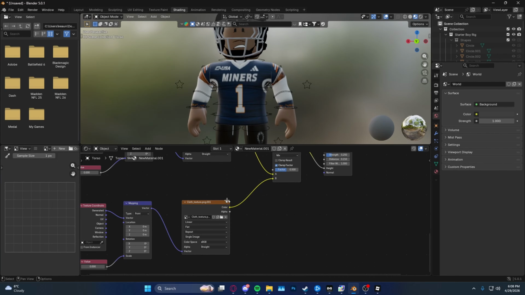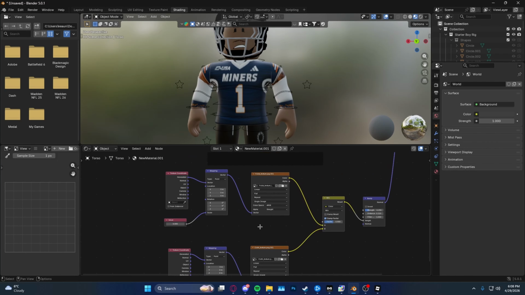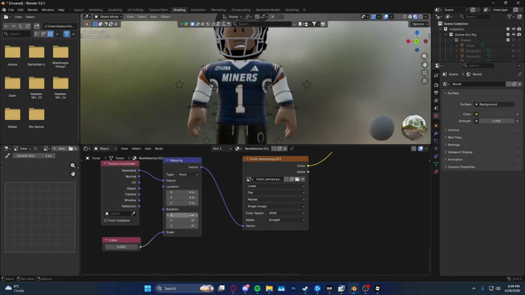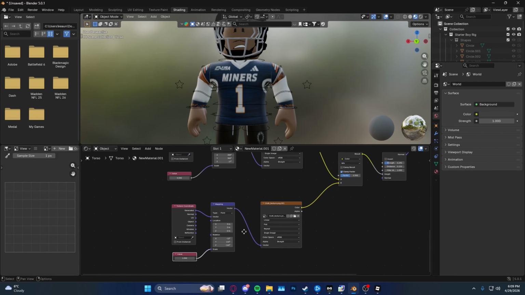Okay, once you have that done, next you're going to want to come over to your mapping nodes. So for the top mapping node, you're going to want to do the rotation. Rotation is going to be 300. Next, another 300, and then you're going to want to do 17. Next rotation, you're going to want to do negative, I think, 13 for the rotation. You're going to want to do 110 for this one, and then negative 160. And then the value, you're going to want to put the value at 1 and 1.